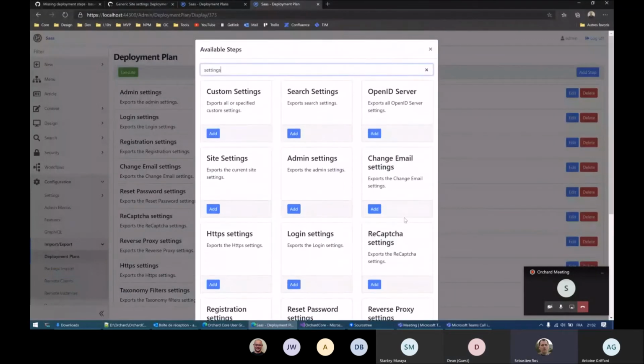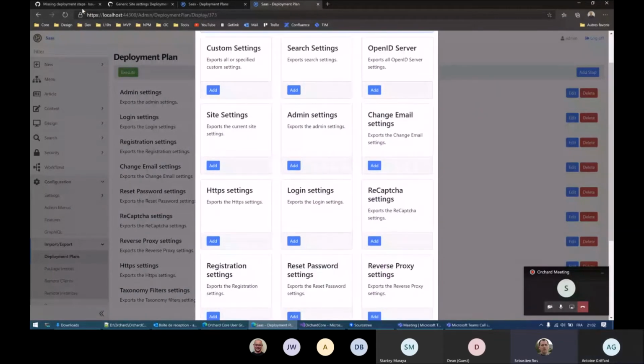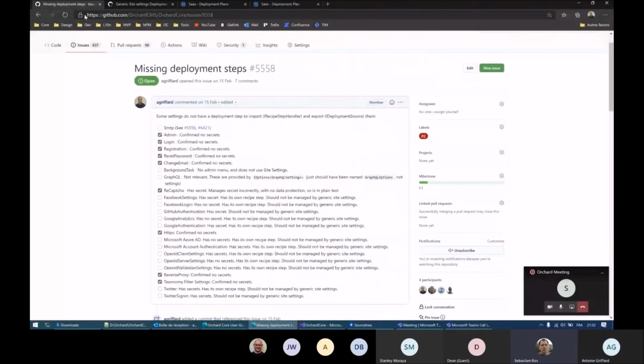define PO extractor attributes to find strings by attributes. Interesting. Okay, we'll have to find an issue. Good. Thank you, Antoine. The idea is that I think Zoltan made a PR that will expose all the settings